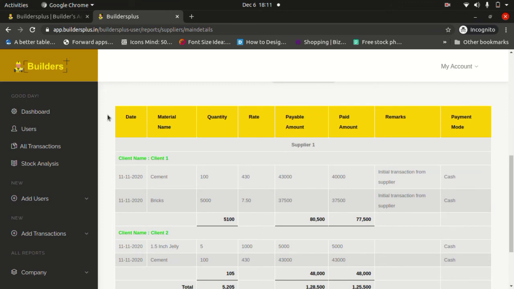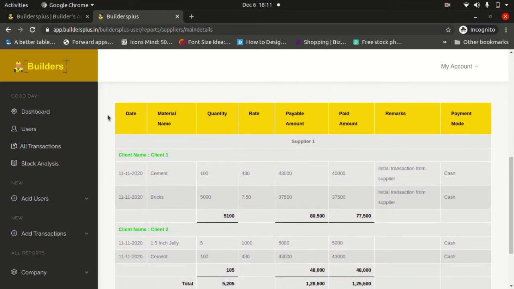Here we have the date, material name, quantity, rate per unit, payable amount, paid amount, remarks, payment mode.